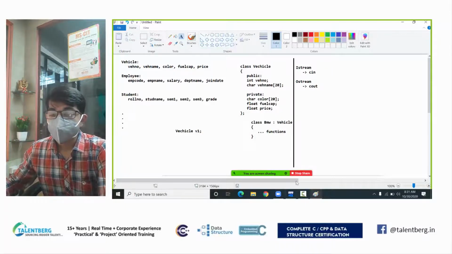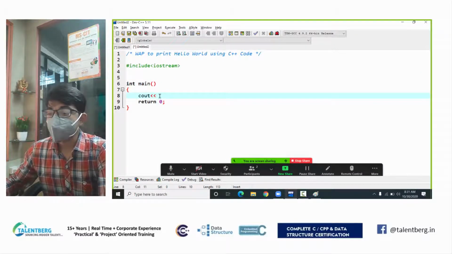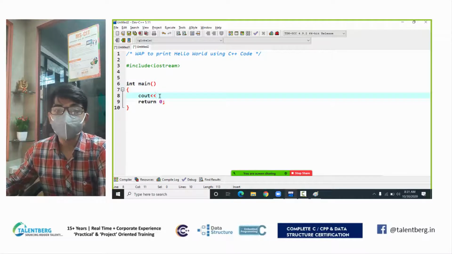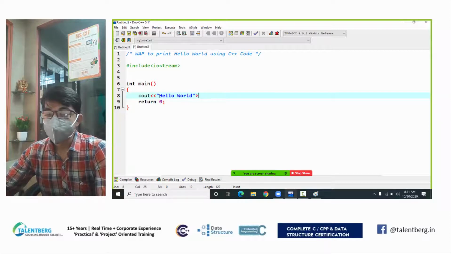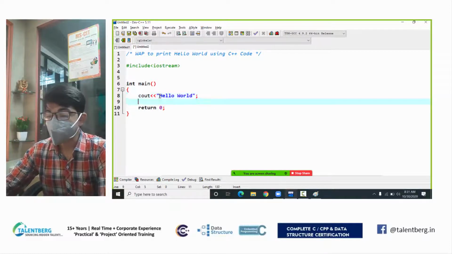So here I am using cout. cout is what? It is an object. I just use these angle brackets. Instead you can say it is a bitwise left shift operator, and I type hello world. So is it a bracket? No. Operator. This is the left shift bitwise operator. So don't close like this. And this is done. I save this code.